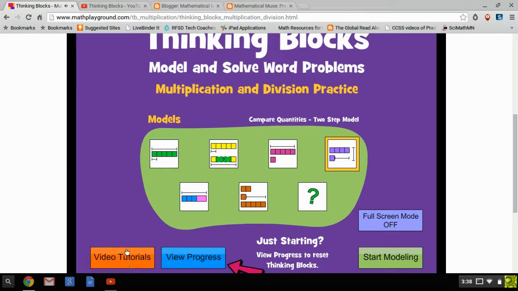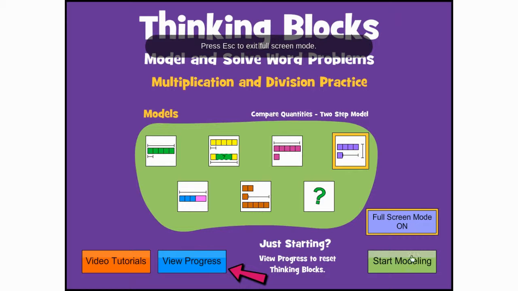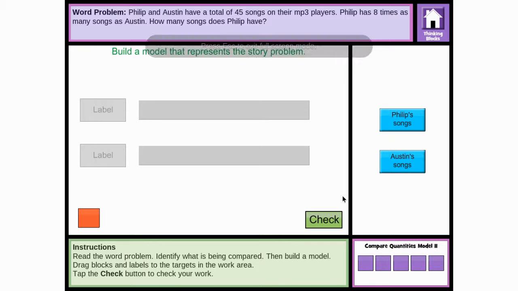There are tutorials for each of the different types of models, so either you could watch them as a class or you could direct your students to those to understand how to use each of the models. But I'll choose this one for now, turn the full screen on, and start modeling. So once they've selected the type, then they're given a word problem. There is the setup work area for building their models, and then at the bottom there are instructions, and it also gives feedback after they've checked a certain part. So it's going to step-by-step walk them through how to create these models and then use them to eventually solve